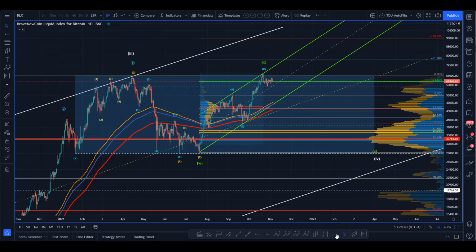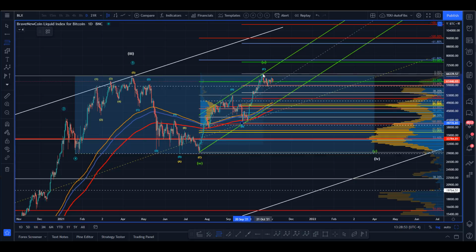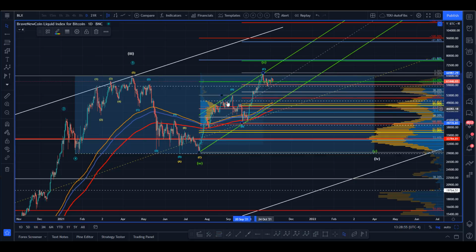Careful. I'd prefer it to come down, because then I would know where I was. At least give me something technical. If I'm looking for the next entry, I'll just work off of this pivot, because we know the algorithms used it, right here. So you can kind of see that. If that comes back down and we get it in the right structure, it would be a place of